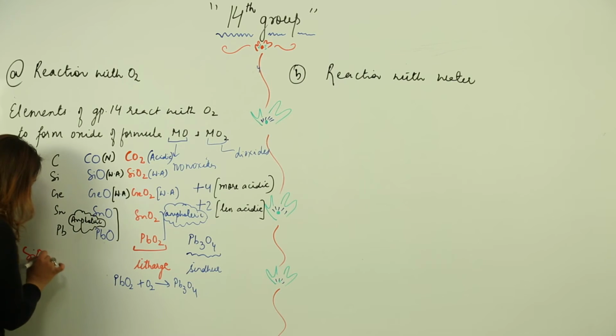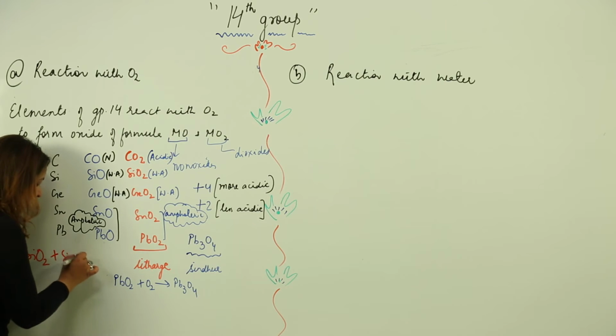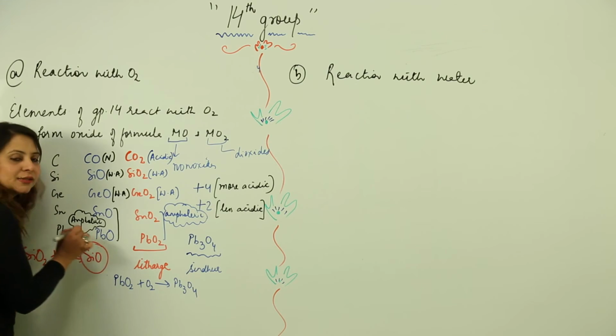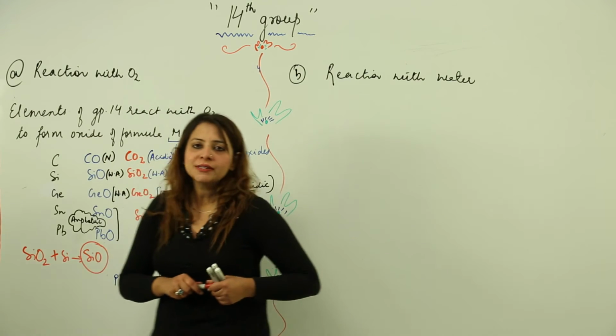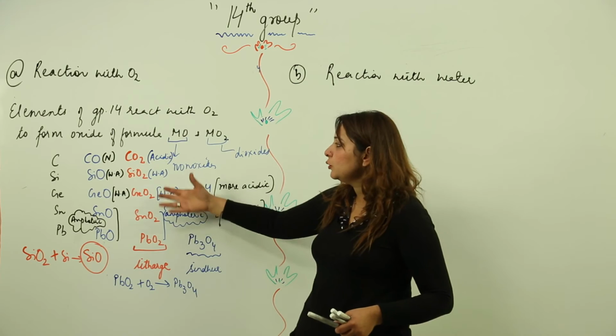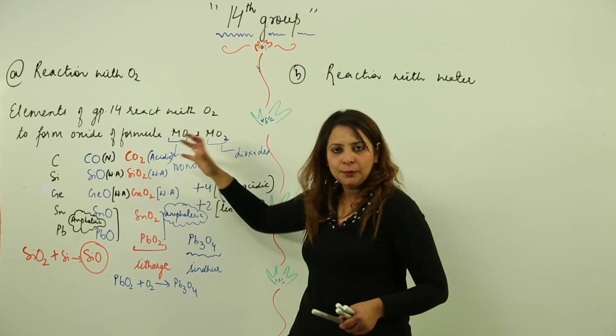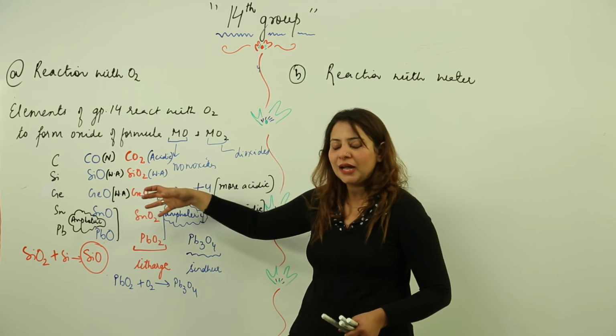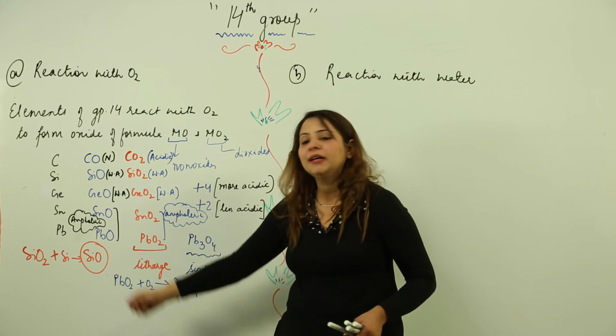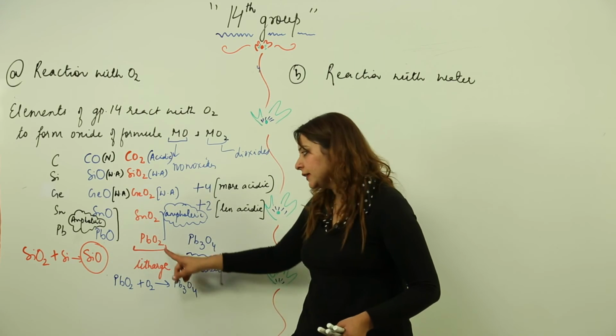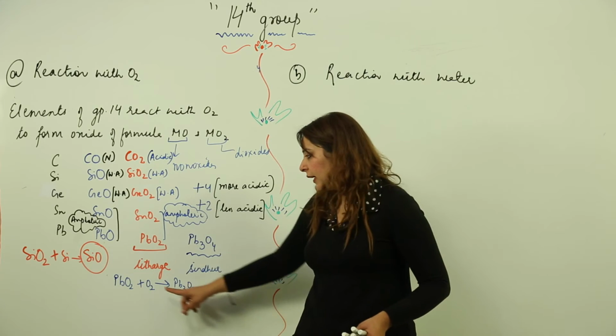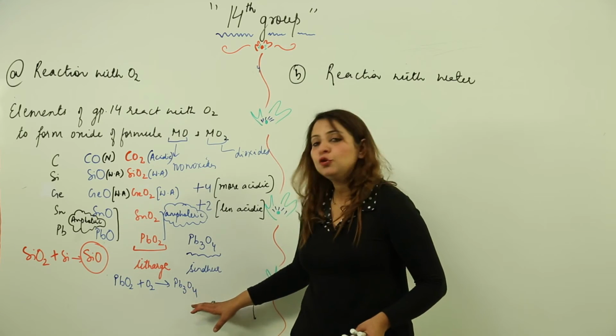So what I'll do is, I'll take silicon dioxide, I'll add more silicon to it. So when we add more silicon to it, it will turn into monoxide. Whenever you want monoxide, you need to take the dioxide and add an element to that dioxide, the same element, then you will get the monoxide. And this is clear how Pb3O4 is formed. It is PbO2 plus O2, it gives rise to Pb3O4.